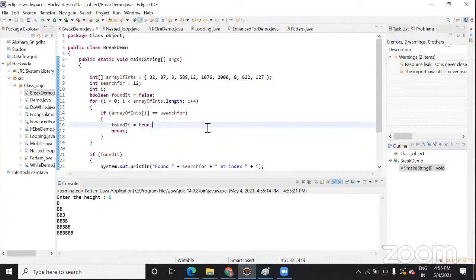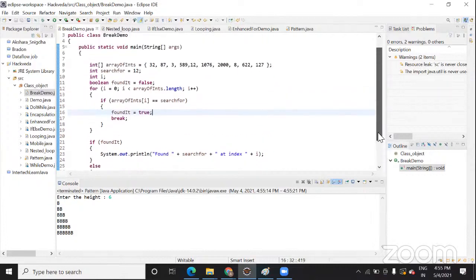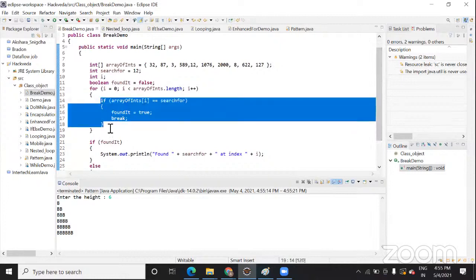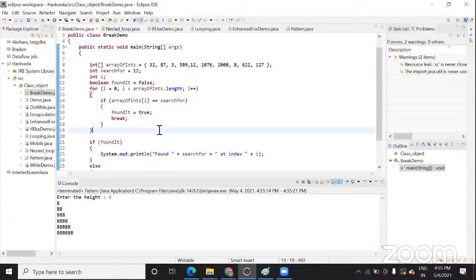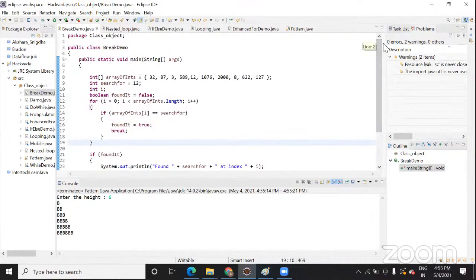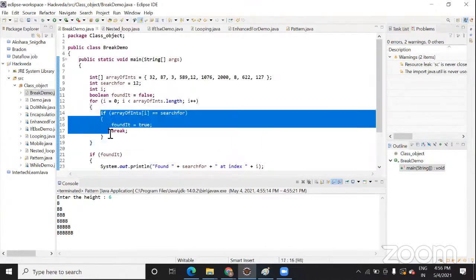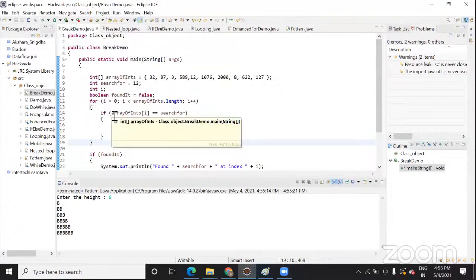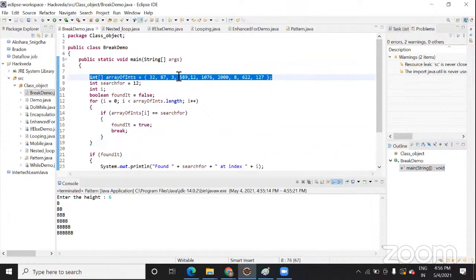There is one more code I have written, which is based on this for loop itself. Inside the for loop I use an if condition. This is something different from the nested loop, but it will give you an idea of how you can use a condition inside a for loop. Instead of this, you can use any condition, while, or anything. So here, what I'm doing is I have read one array, and I'm searching for one key, one value inside my array.